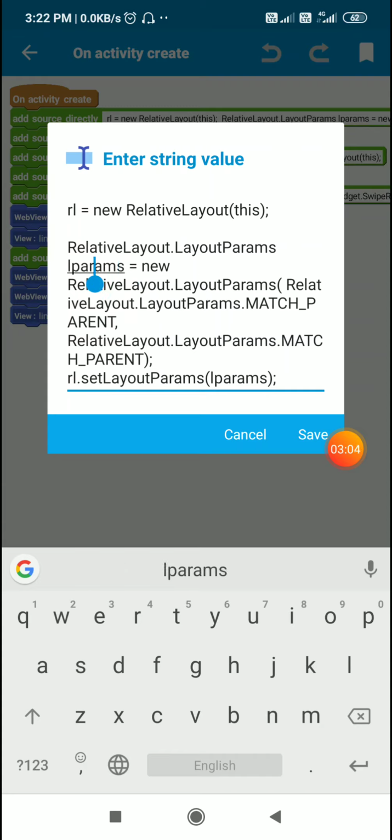So I have defined it as new relative layout dot layout params with the width match parent and height match parent. So this will be L params with width match parent and height match parent. Now for this relative layout RL I set the layout params as L params. So the relative layout will have width and height match parent.